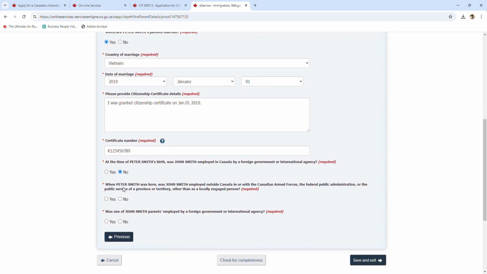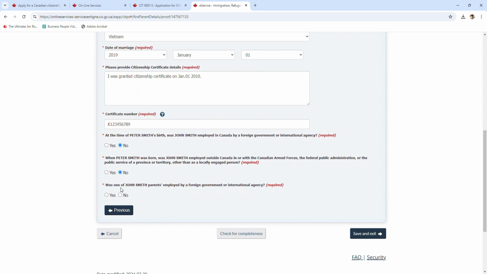No. When the child was born, was the dad John Smith employed outside of Canada in or with the Canadian Armed Forces? Blah blah blah. Say no. You have to read the questions and answer yourself. Okay. Was one of John Smith's parents employed by a foreign government or international agency? No. And then I save and exit,